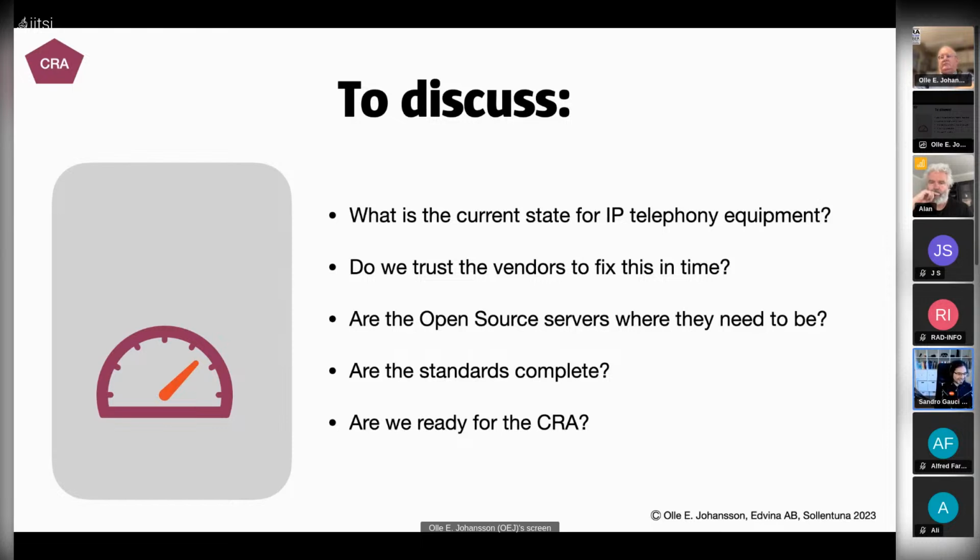FTP, even uploading images over FTP. My point is, and this is quite a popular vendor apparently. So my point is that there's a lot of work to be done on hardware type of devices, but also in this open source world as well. I mean, in terms of handling vulnerabilities,